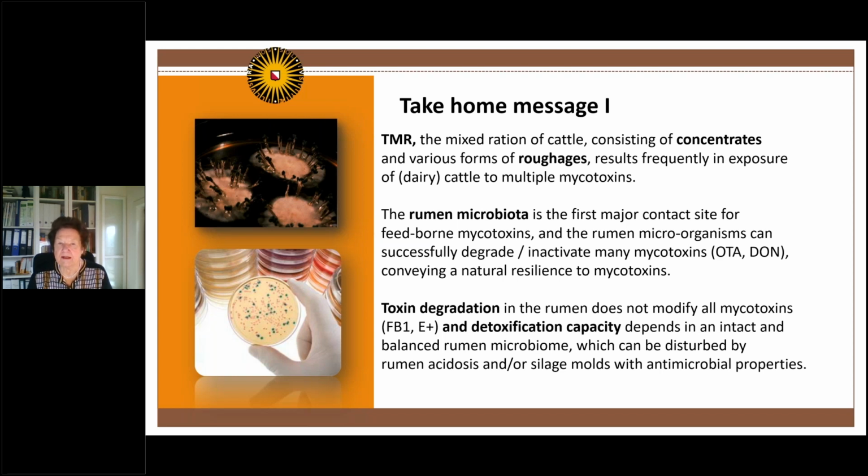So we start in cattle with TMR, and TMR is concentrate and roughages. We look into the rumen microbiota as a first target site in the animal for foodborne mycotoxins, and we see that the rumen microorganisms are very active in degrading some mycotoxins, like ochratoxin A, but that this degradation capacity is not complete. Fumonisin and ergot alkaloids stay, and the detoxification capacity can also be impaired if you have these other mycotoxins, so these mixed exposure levels